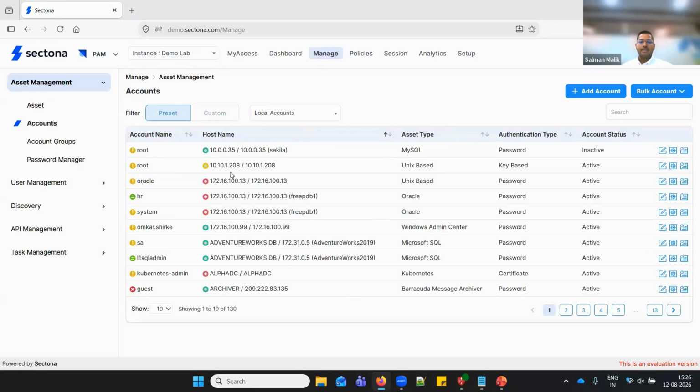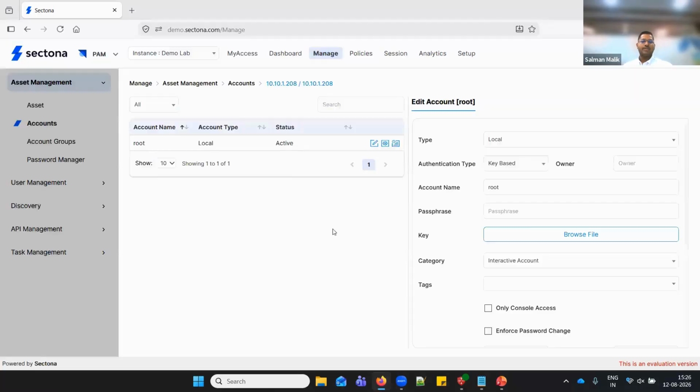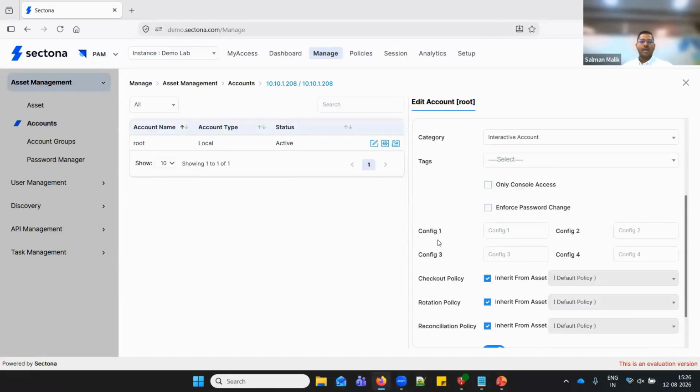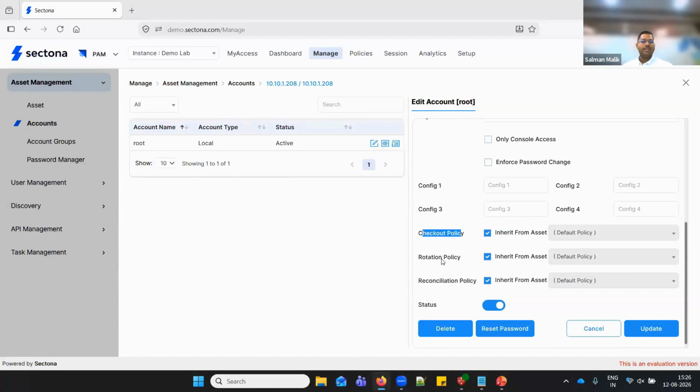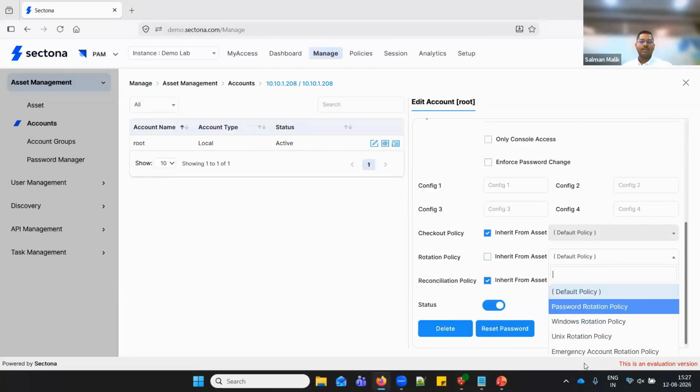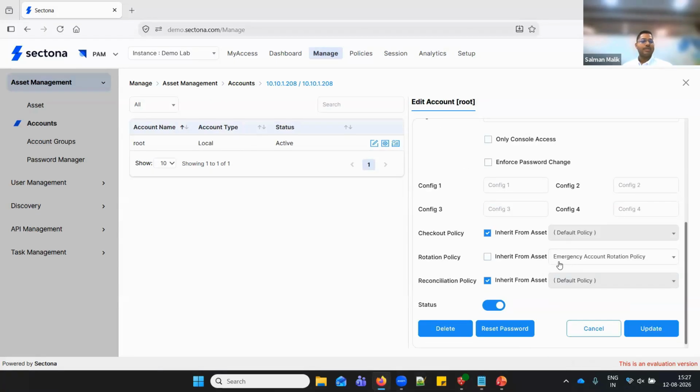Now, what we have as an option available is, let's say I go to a root account, which is currently onboarded into my system. On this root account, I have an option to change the policy configuration. The default option is to inherit from the asset, and then I can further go and customize this. Let's say I would like to customize the rotation policy with my dedicated rotation policy for the emergency account.